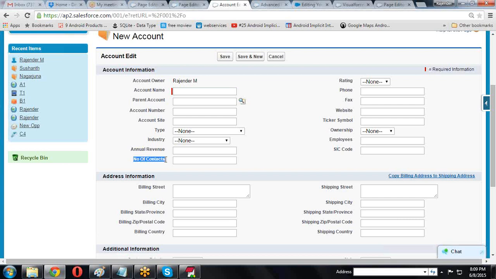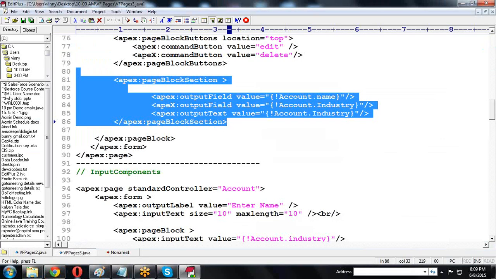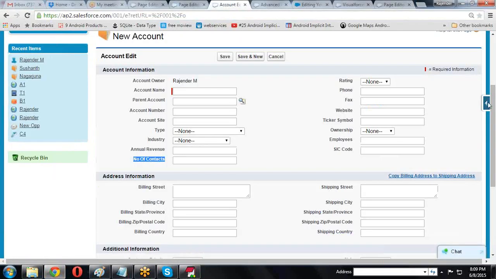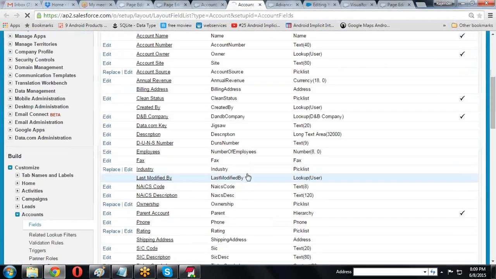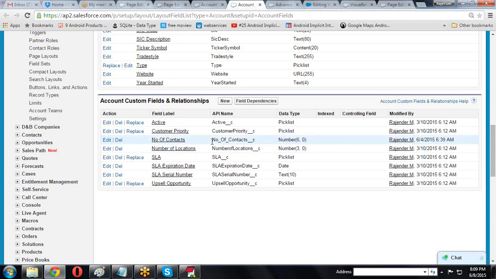Number of contacts. I'm creating the number of contacts here. For number of contacts, what is the API name? The field API name is number_of_contacts__c.